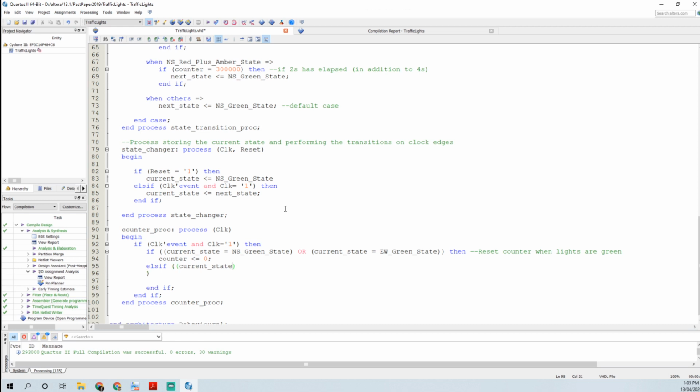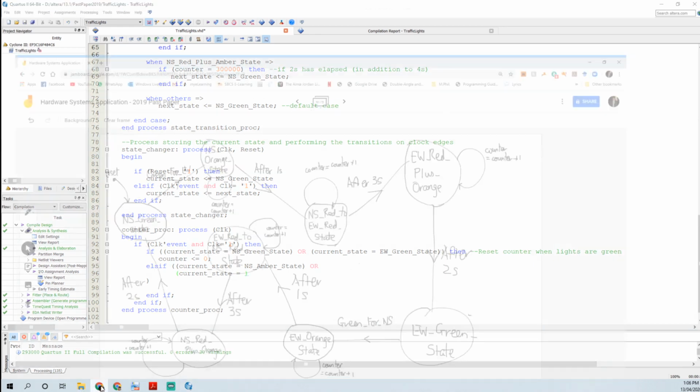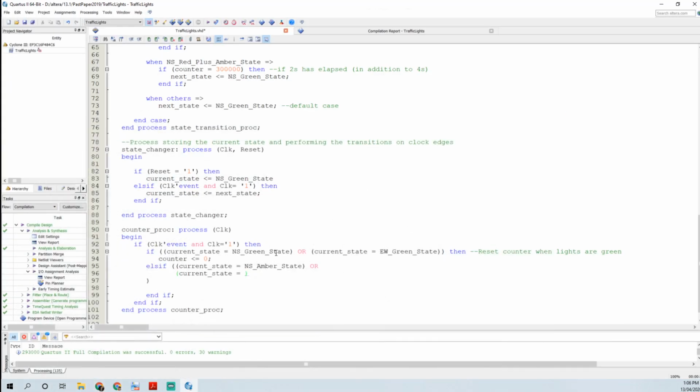Okay, so if my current state is equal to north-south amber state, or if my current state is equal to north-south red to east-west red state,